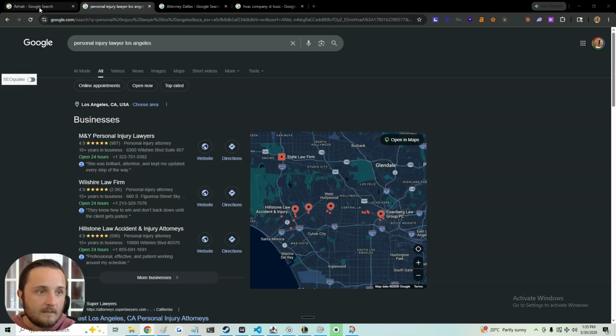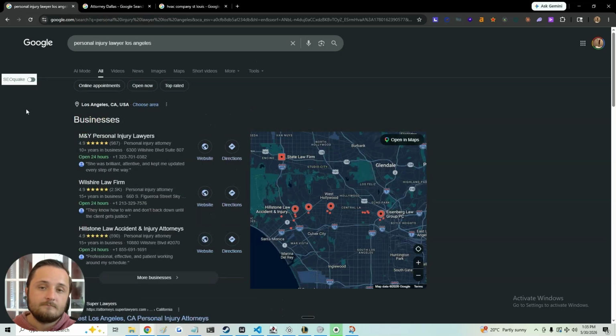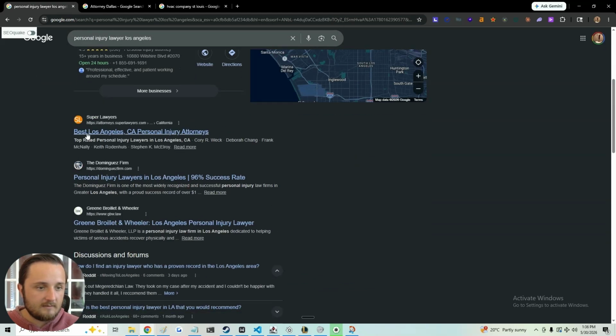Something else to consider is if you are in a pretty rural or low competition area and you do your search and there's not really a lot here. What you could do instead is go to a densely populated area and look for your keyword to see what the people at the top levels are doing in these super populated areas, right? As an example, in Los Angeles, a personal injury lawyer, right? So we're going to look at the top